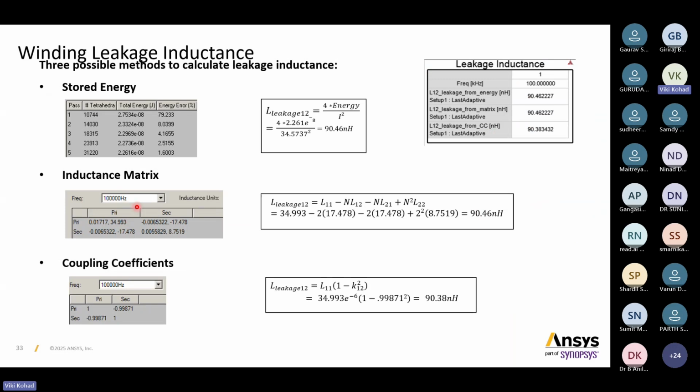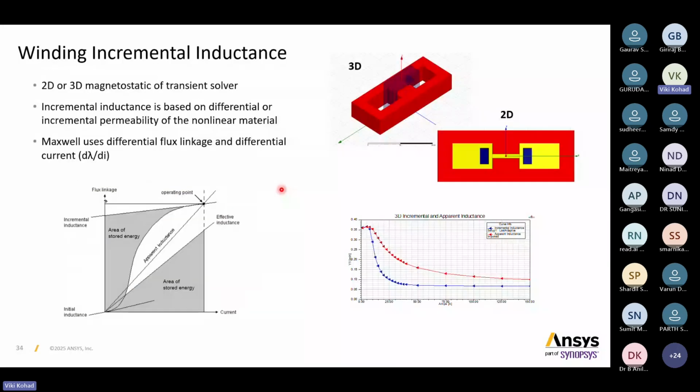This is the inductance matrix, this is the coupling coefficient. You can see the formulas for the leakage inductance calculation. So here itself you can see leakage from energy, from the matrix, and from the coupling coefficient. So it is calculated in three ways, and now you can see the difference. Then the incremental resistance and inductance are there,